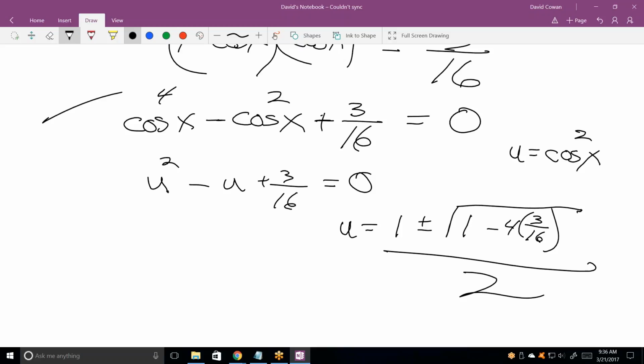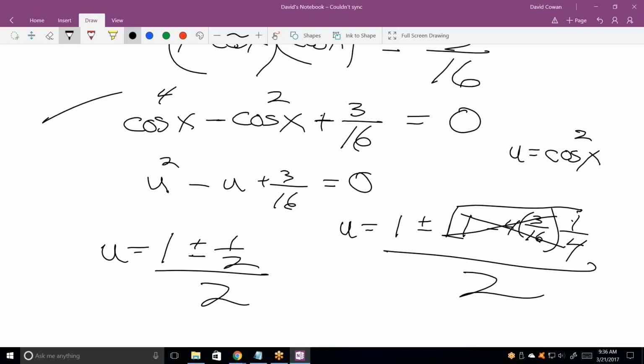Well, that's 12/16, 1/4, so this thing turns into 1/4. Looking pretty good now. Because the square root of 1/4 is 1/2. So u equals 1 plus or minus 1/2 all divided by 2,